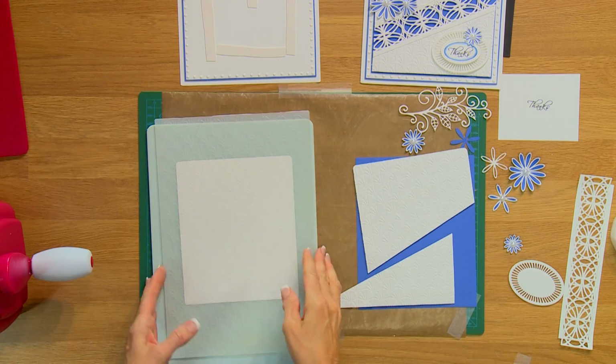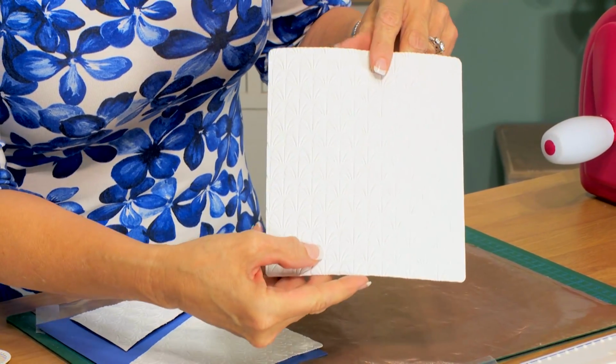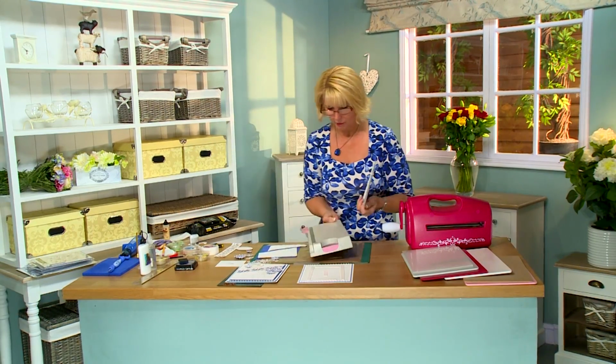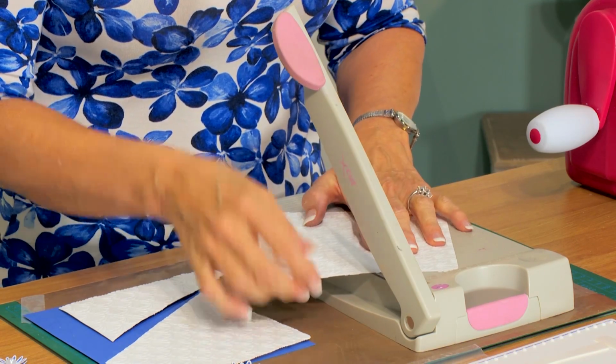Okay, set that aside, and you can see a really gorgeous look to that. Now what we're going to do is cut this, and I'm going to use a little paper cutter here, and we're going to cut it on a diagonal. So you can decide how much of a slant you want on your card, but just to show you basically how it's going to look,